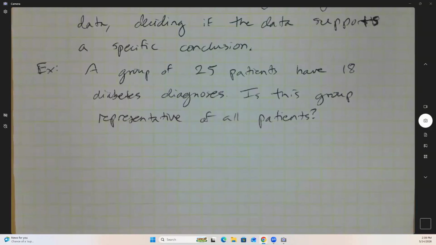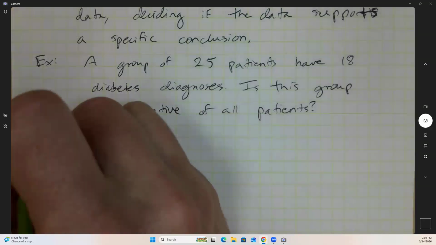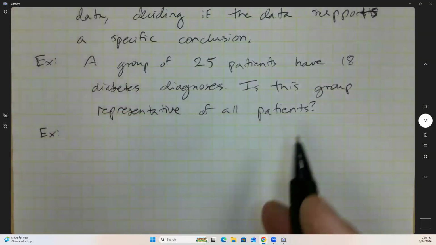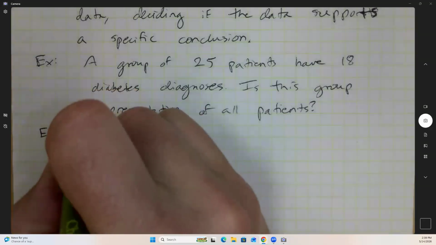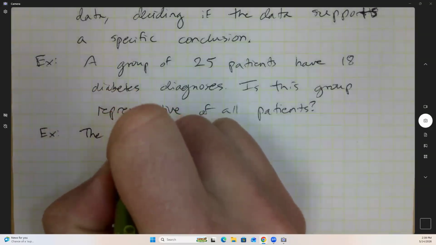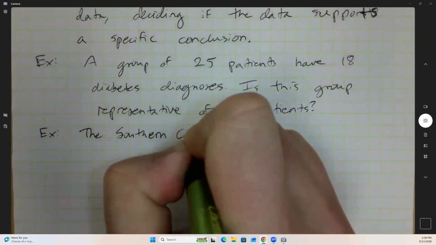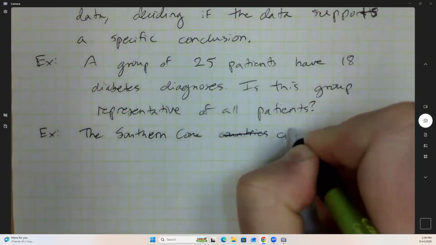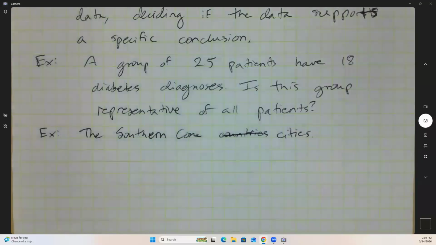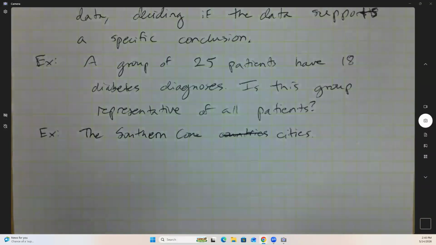And if you want an exercise, if you worked on a different data set, you can think about how your binomial probabilities question was an informal hypothesis test. Another one, the Southern Cone countries, cities. The Southern Cone refers to Brazil, Argentina, Chile, Bolivia, Paraguay, and Uruguay. With this southern, and it's a cone. Anyway, the Southern Cone cities